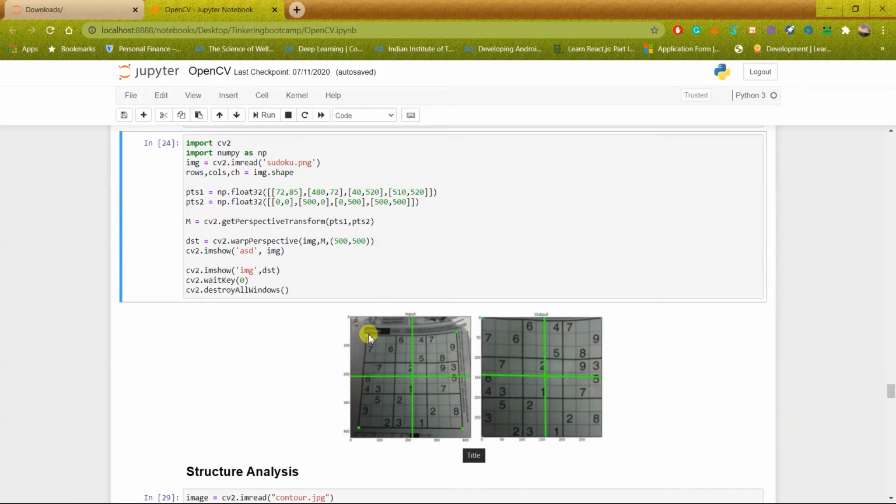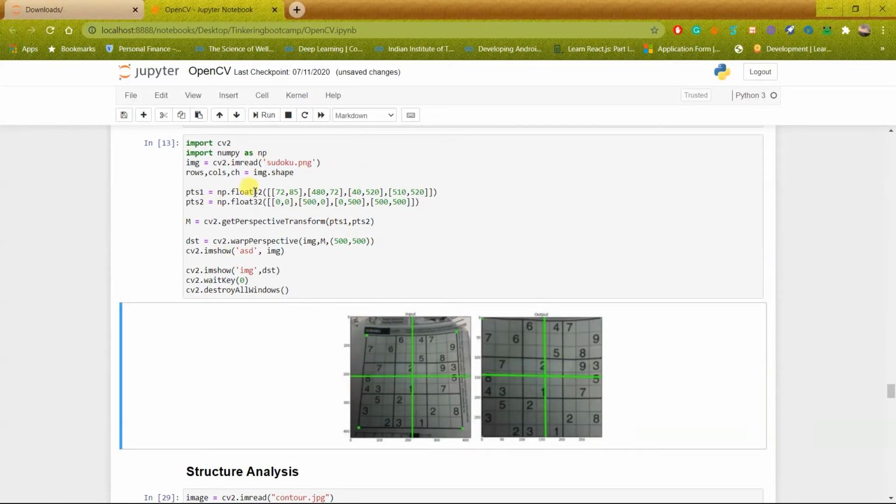So what we do is we mention the points of the Sudoku table, and as you can see here in points 1, I have mentioned the corners of the Sudoku table in the image which I have. These are gettable by using software like Paint or by trial and error method.